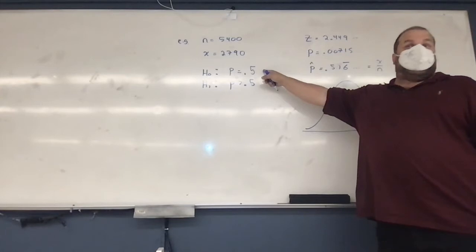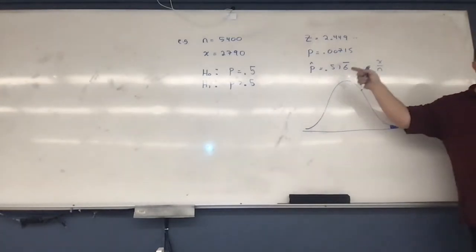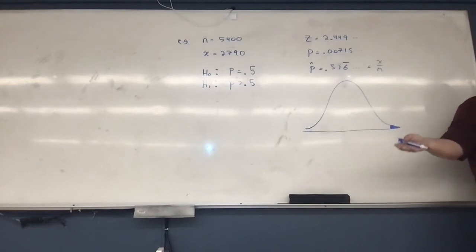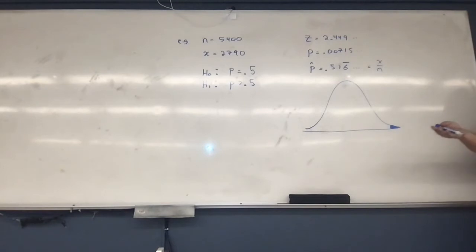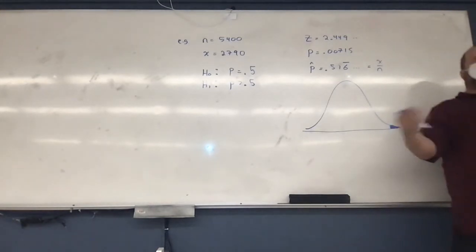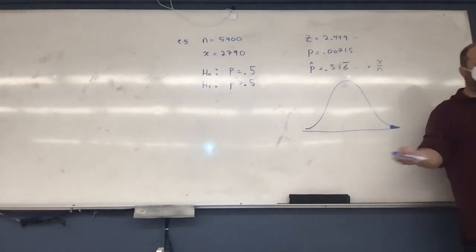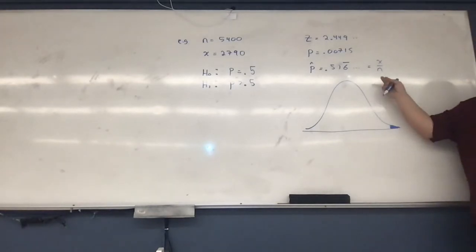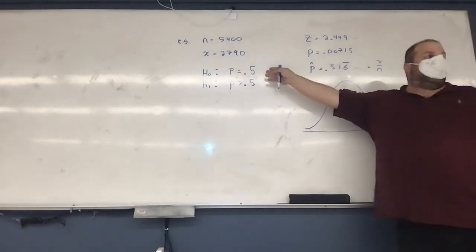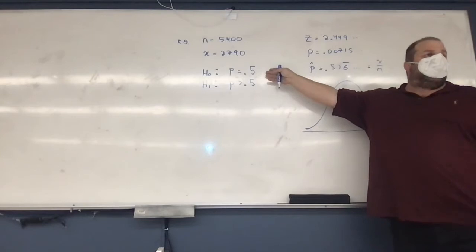50% is what we were thinking it might be. You got 51.6%. Is that in the vicinity of 50%? Yes. So I might say, well, it's a sample, it's pretty close. I can't imagine it's going to be exactly 50%. Even if I flip a fair coin 100 times, it's not going to be exactly 50-50. It'll be in the vicinity. So p hat would seem to indicate that the null hypothesis is correct. It's around 50%. However,